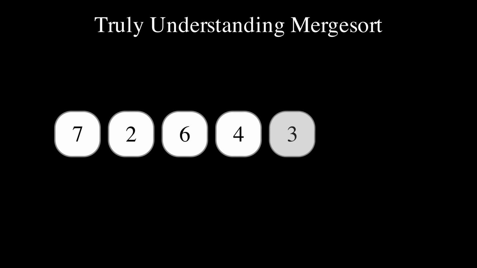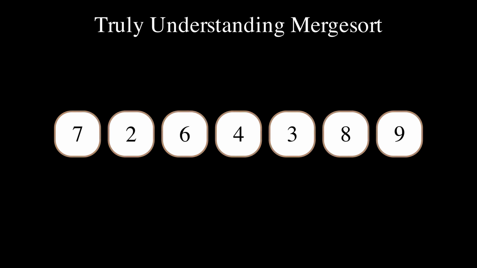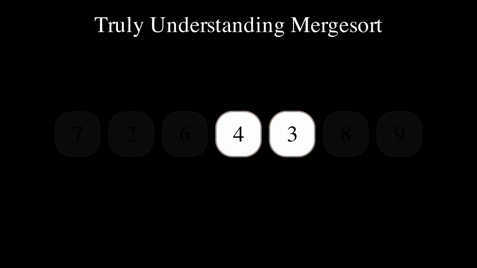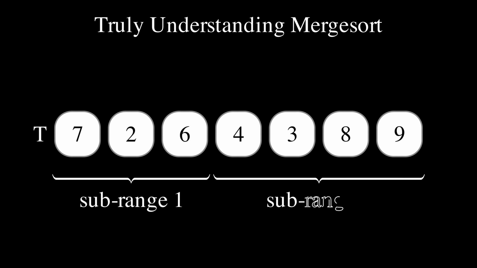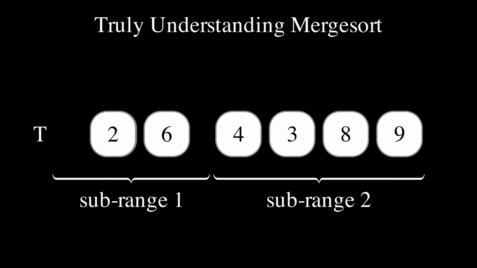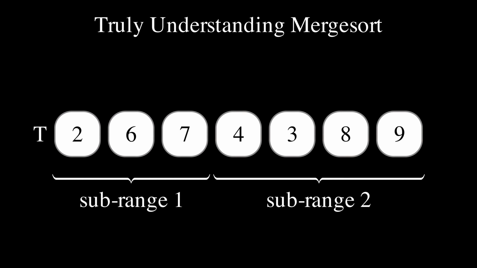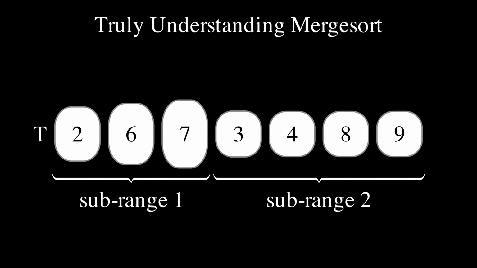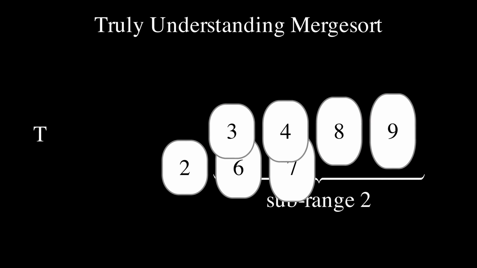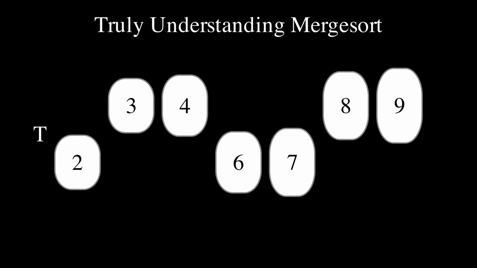Merge sort is typically implemented as a recursive algorithm, with the recursive calls sorting subranges of the input array. Initially, merge sort splits the input array, called T, into two ranges of roughly the same length. Then it calls itself on the range on the left-hand side. The recursion magic makes the range sorted. It then calls itself on the other range. And recursion magic again makes sure this range is sorted. At this point, we have two ranges that are sorted. We need to merge these ranges together, which is what gives the algorithm its name.